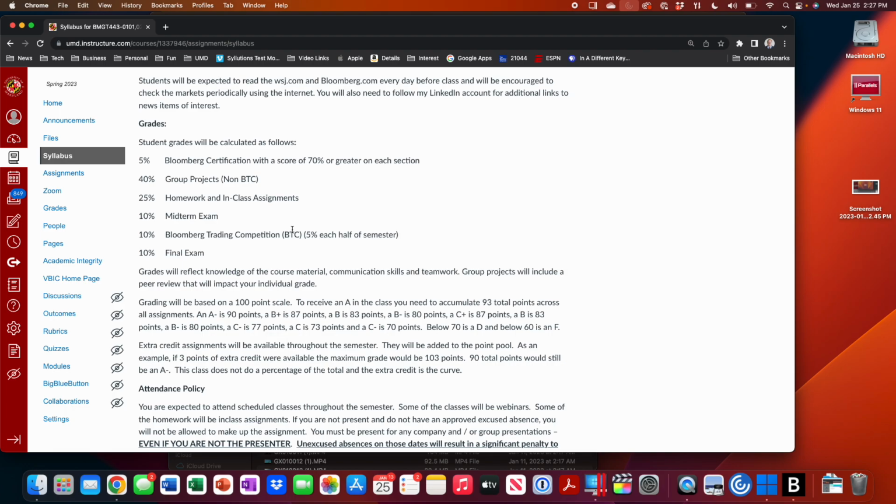ELMS will have a trouble with grading for this class because ELMS is not set up to grade the way we actually do assignments in this class. The individual grade on any one individual assignment this semester does not matter. The way it matters is you accumulate points across all assignments to get a grade. So it's not percentage of total, it's just total points.